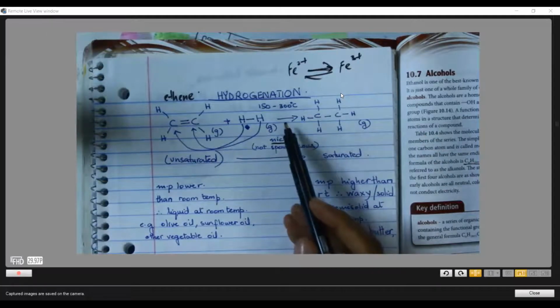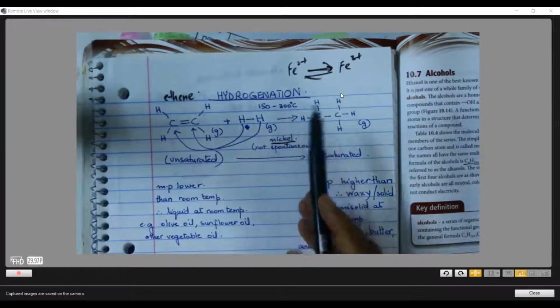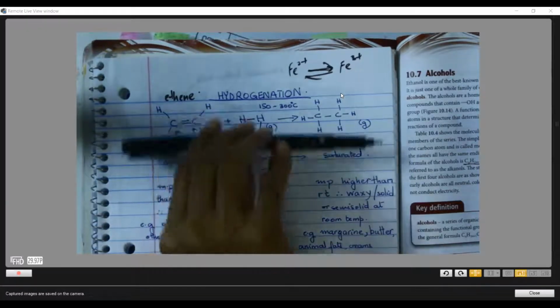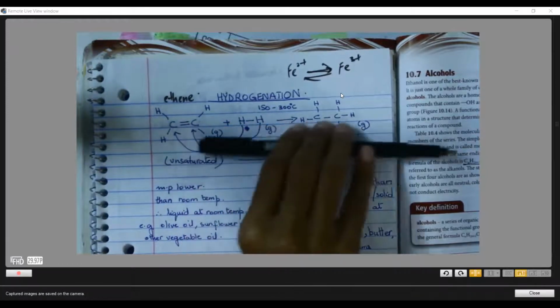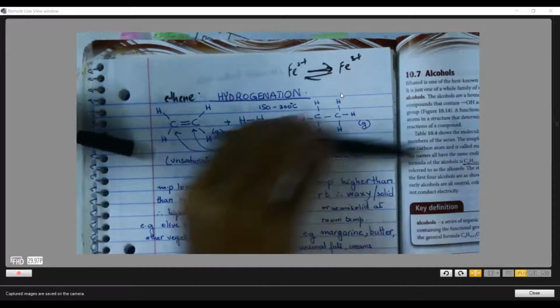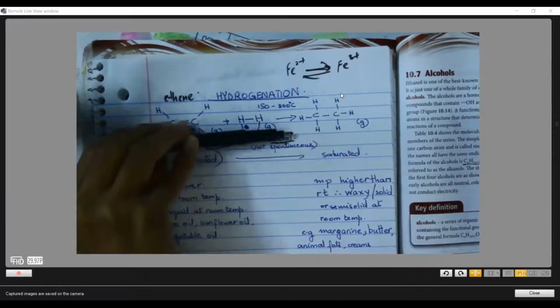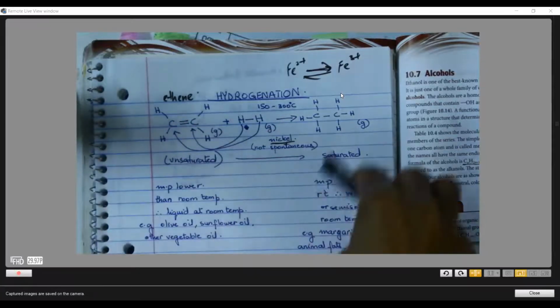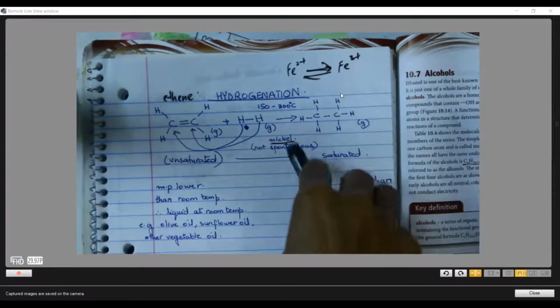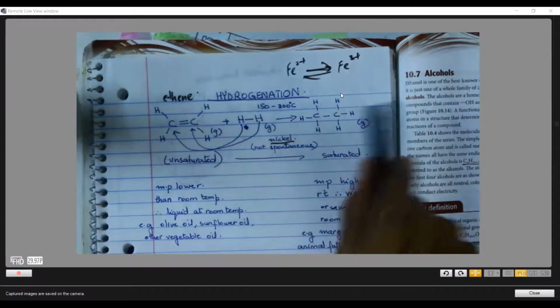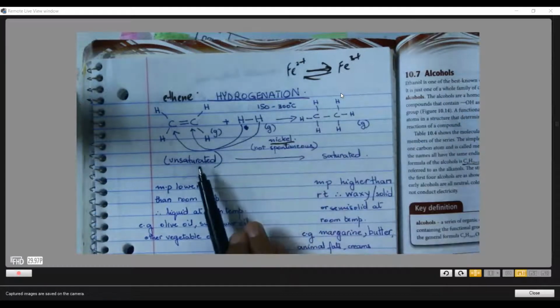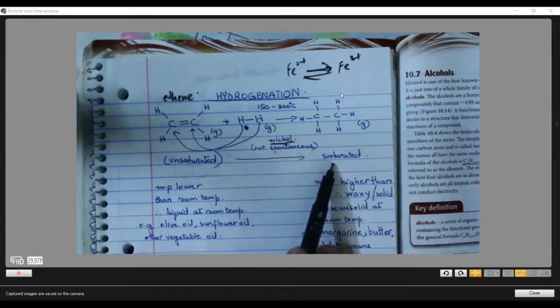It does not participate in a reaction, but it facilitates. And how does it facilitate? It just sits there. It attaches to the molecules, helps them to combine with each other and form the product. And then it detaches from the product, comes back and attaches to new reactant molecules. Remember how we studied the mechanism of enzymes? These catalysts behave the same way. It's just that they are metals and not enzymes. So from unsaturated, we went to saturated.